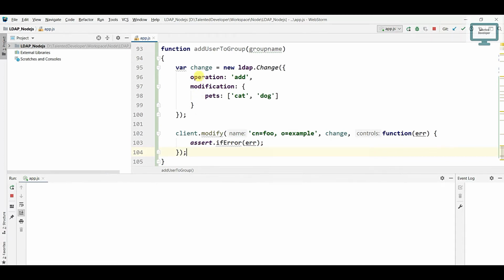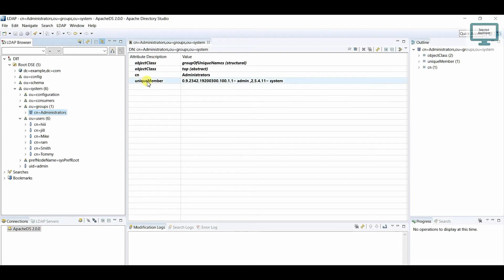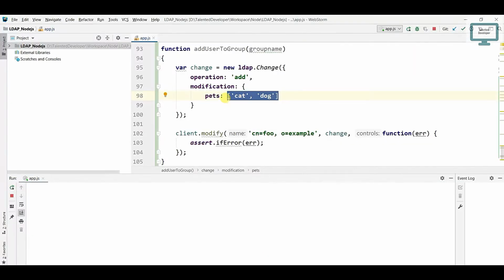After that, see what operation we are going to do. We are going to do the add operation, and in the modification this is the attribute name and this is the value. The attribute name is uniqueMember, so just come and change it to uniqueMember. After that we need to put some value.